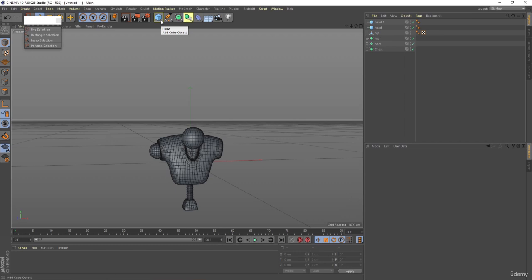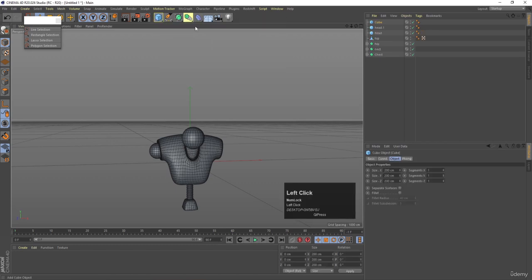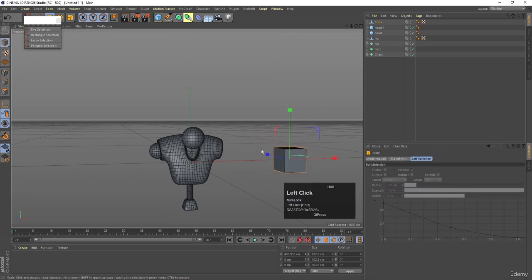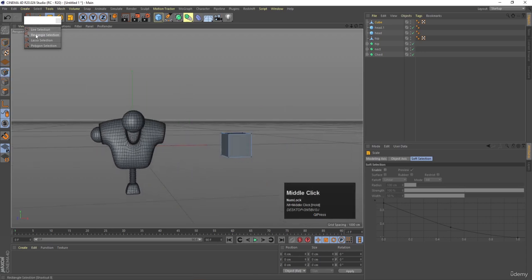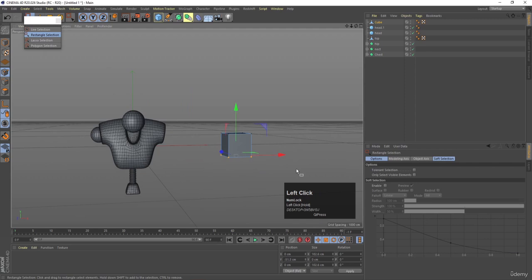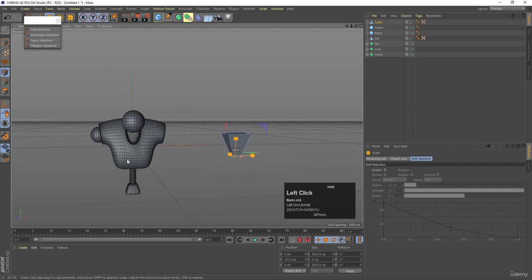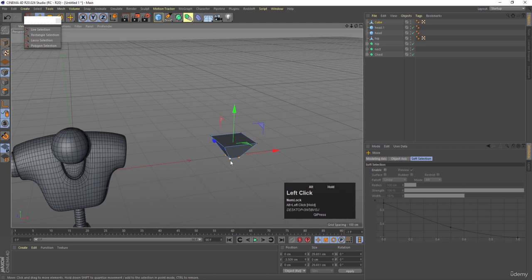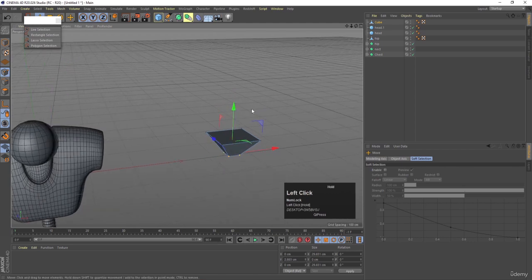Now for that I'm going to select this cube again, and let's select this and move this over here, and press C to make this object editable. Press T to decrease the size of it. Let's go to the points, and I'm going to select my rectangle selection tool, and I'll select those points and press T and decrease the size up to somewhere around like this, and press E, and let's move this over here like this. Okay,